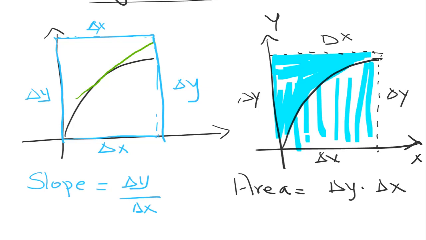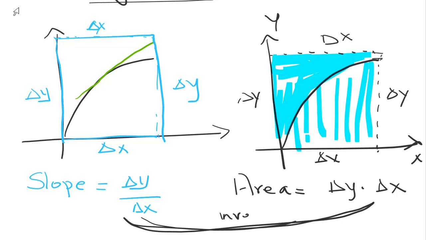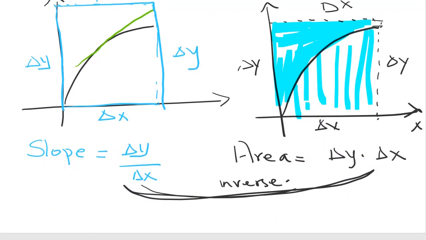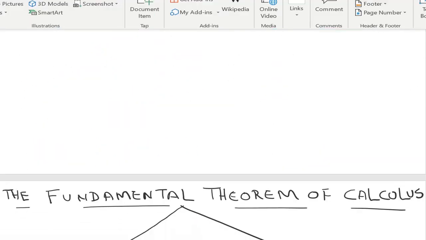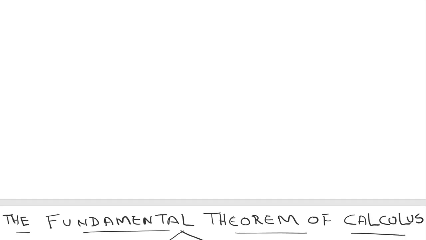As you can see, on one side I have explained the tangent, which gives the slope delta y by delta x. On the other side, using integration, the area is delta y times delta x. So these two are closely related to each other, and they are inverse operations. So here we found the inverse relation between integration and differentiation: integration and differentiation are inverse to each other.